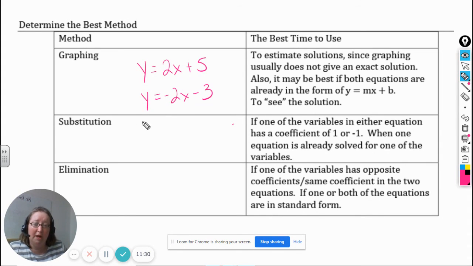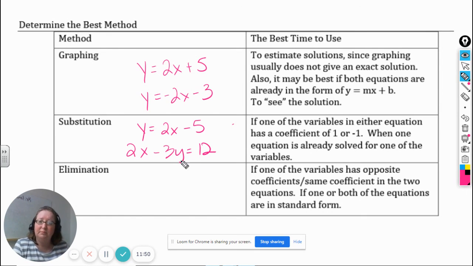If you have one of the equations set up for y is equal to or x is equal to, and then the other one's in standard form or something, then substitution is a good method. If they're both already in standard form,